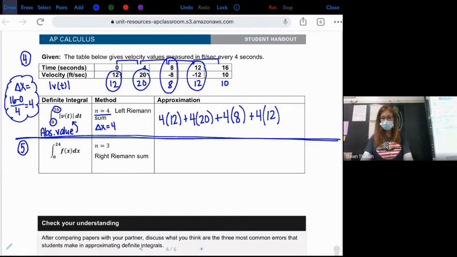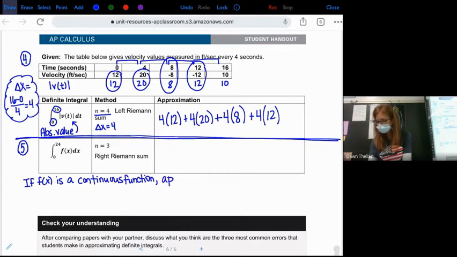Now, number 5, since it is not connected to the table, I also don't like that they didn't really clarify the question. So I'm going to write the question the way I feel like it would really show up on the AP. This question would really say, if f of x is a continuous function, approximate the given interval